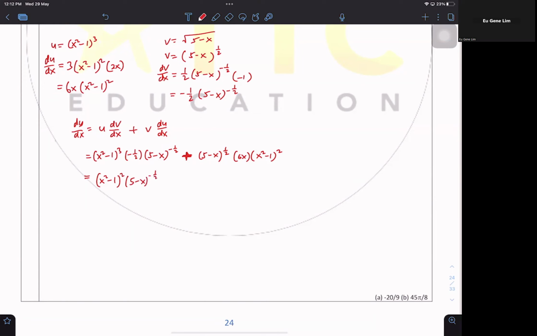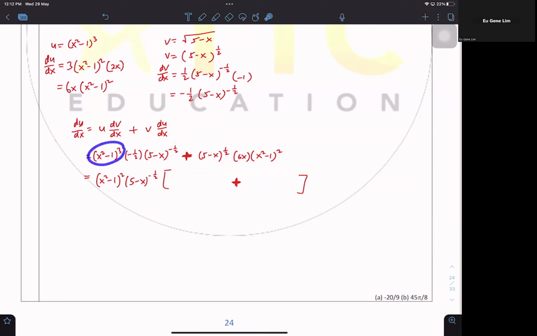Like this. Then you put the big box. Okay, you put a big box, in the middle is plus, right? So you see, on the left hand side of plus,